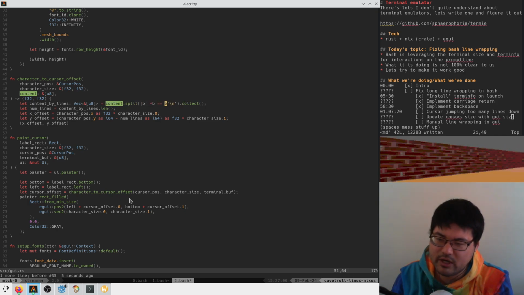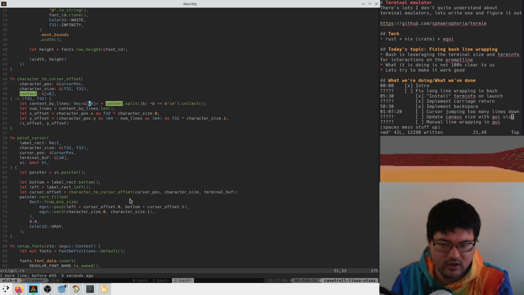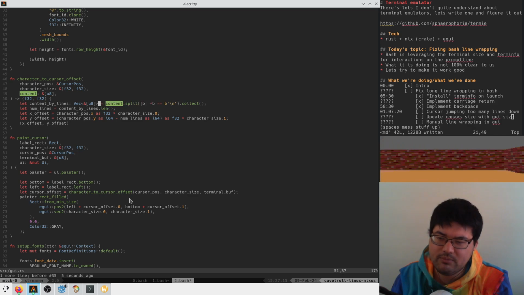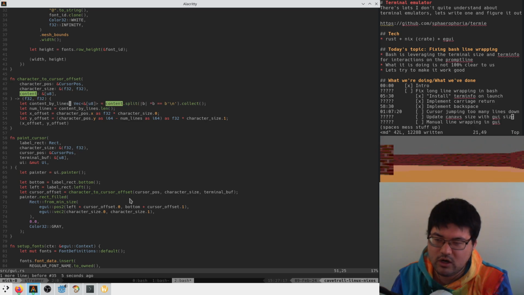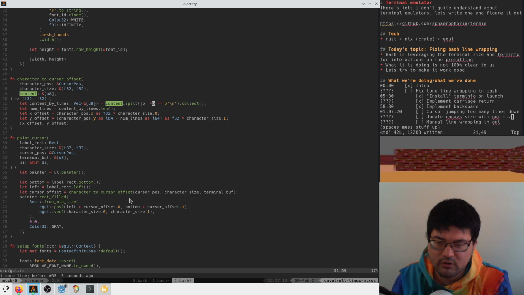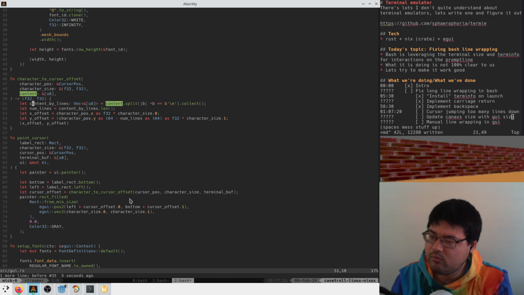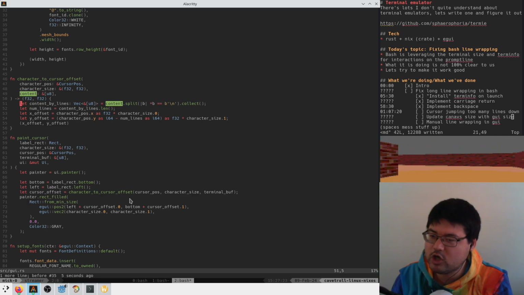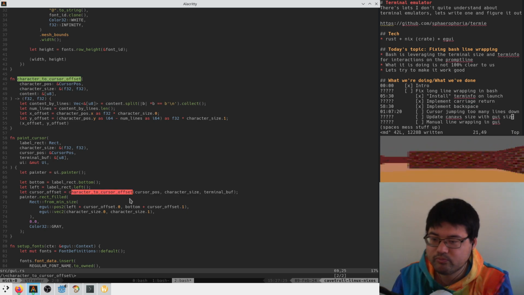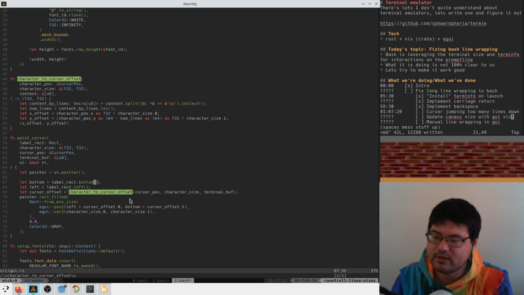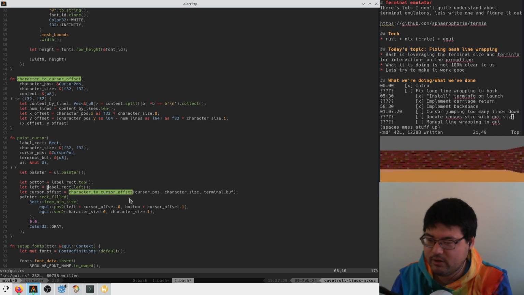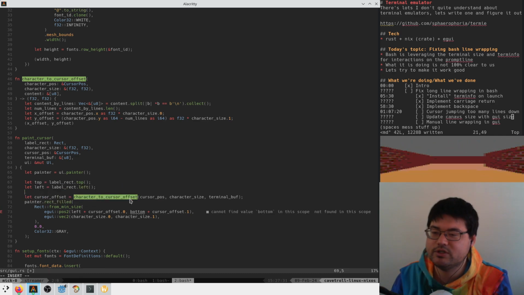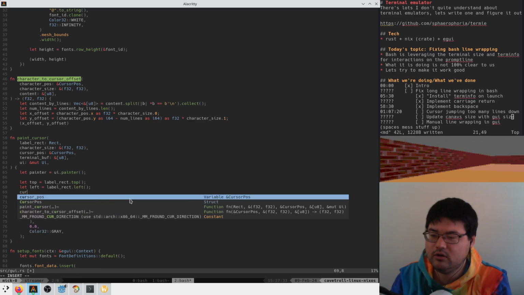Which is kind of duplicated code with the stuff that does the cursor tracking as well. It would be nice if we could get the cursor offset from the top. So we could look at the rect top left instead of the bottom left. And we could just say that the cursor